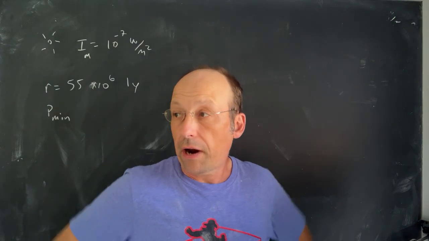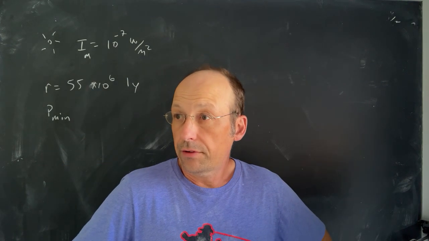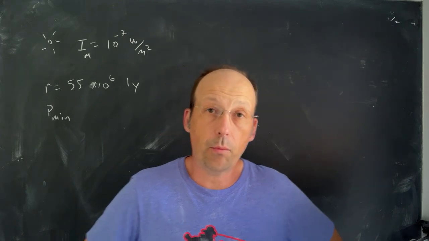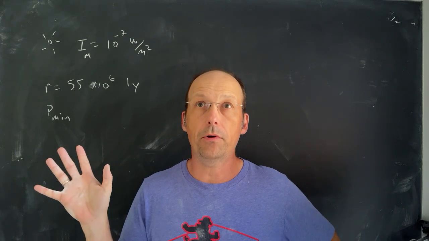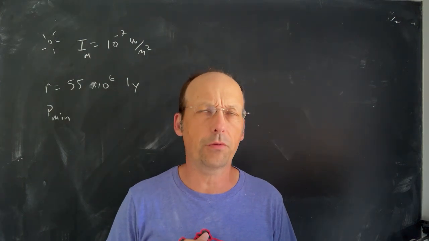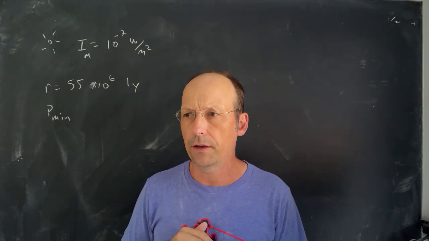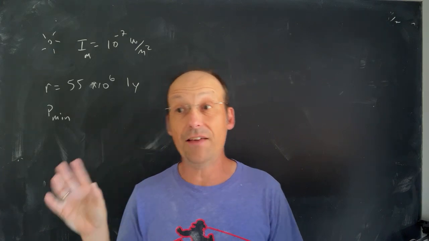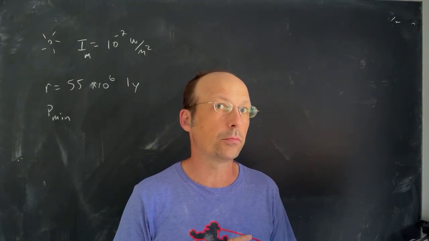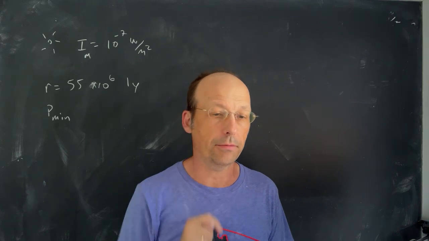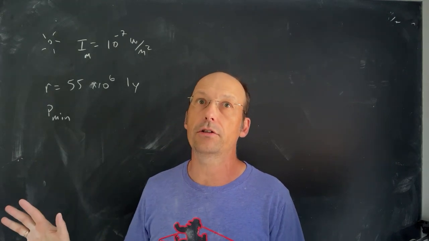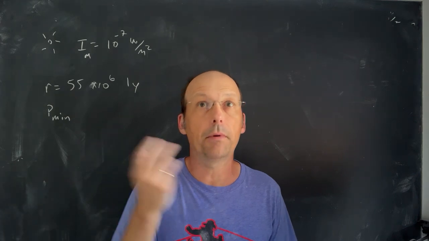Here is another practice question for electromagnetic waves, and again we're dealing with power and intensity. So imagine that we have a star 55 million light years away, or a star 460 million light years away. I think that's what Betelgeuse is. Betelgeuse is a star that's been behaving weirdly and could go supernova, and it would be super bright, and that would be awesome. But imagine that this one is 55 million light years away,